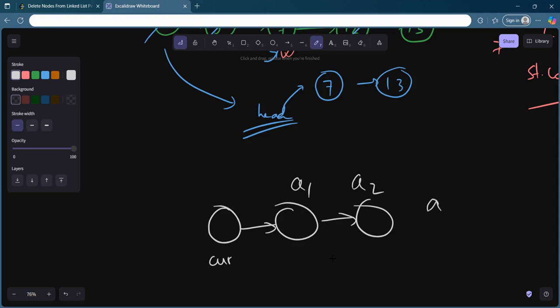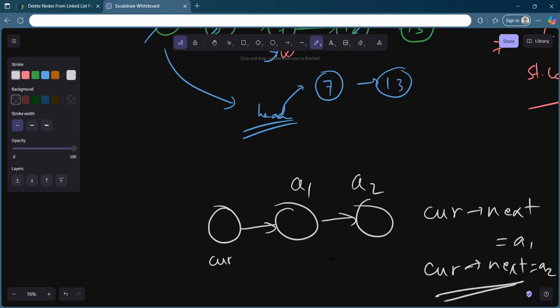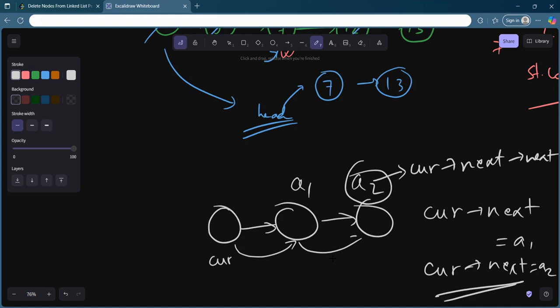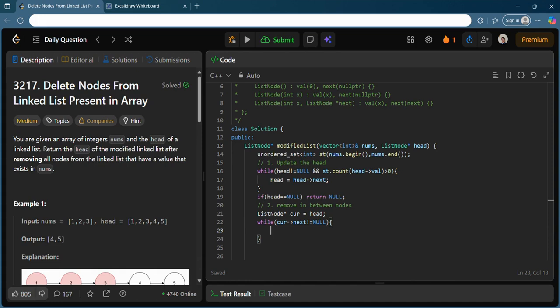Currently, current arrow next is nothing but a1. But I need to set current arrow next equal to a2, and a2 is nothing but current arrow next arrow next. I hope you understand this, right? All you need to do is this.